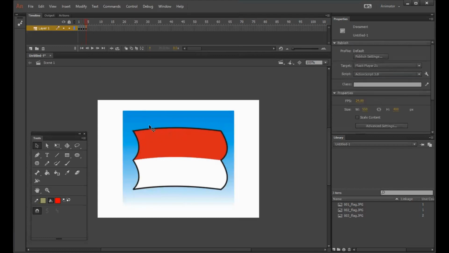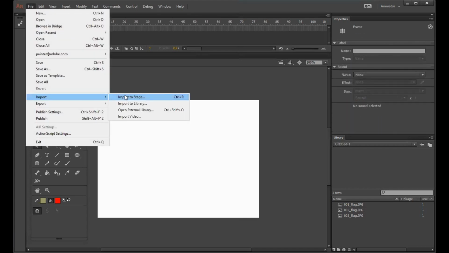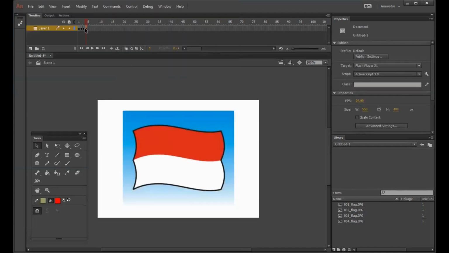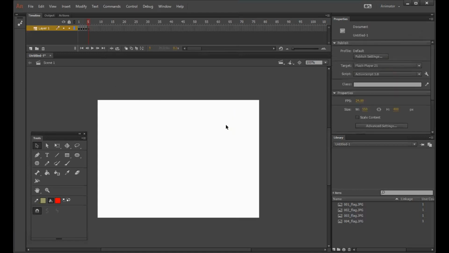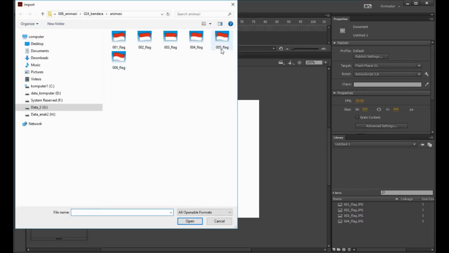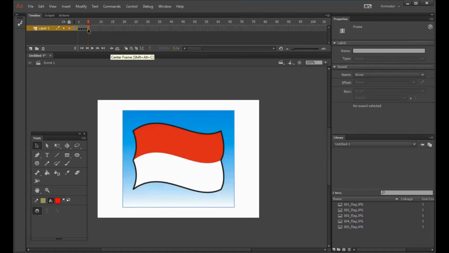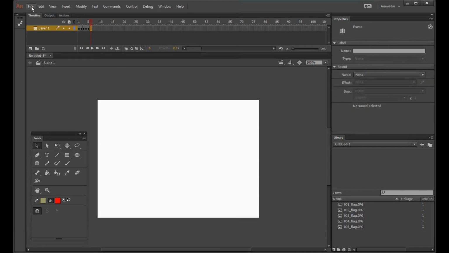Function 6. Okay, number 4, then copy. Okay, number 6, import number 6. Number 5, sorry, number 5, and then the last. File, import to stage 5, 6.